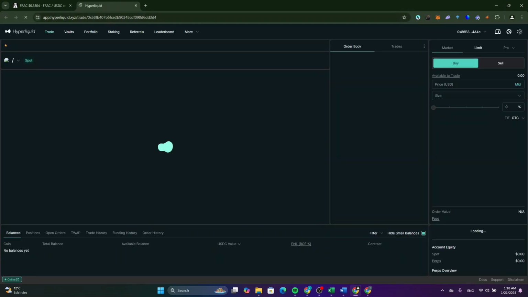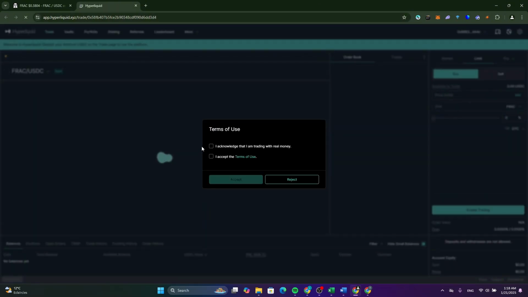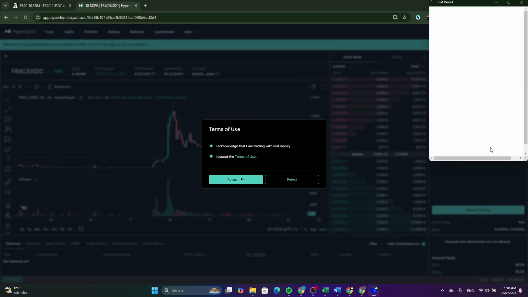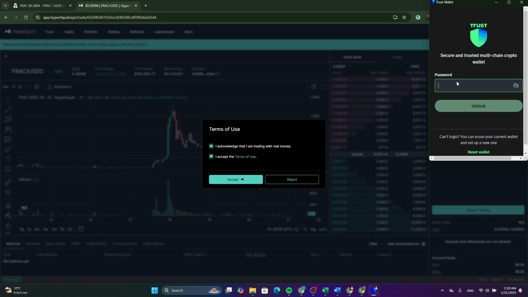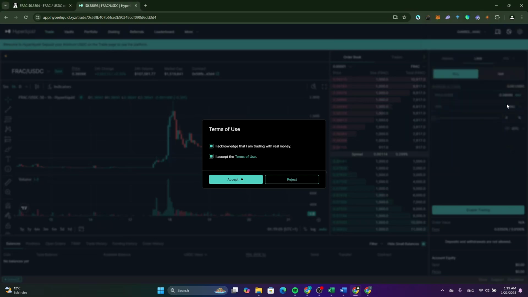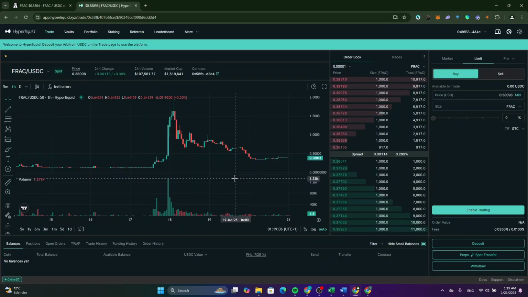exchange platform. So what you need to do here is just connect your wallet like that. Check these boxes and click on accept. Now after that, log into the wallet that you want to connect and click on confirm. So after that, click on accept. Now after you connect your wallet to the Hyperliquid exchange platform, what you need to do is just click on